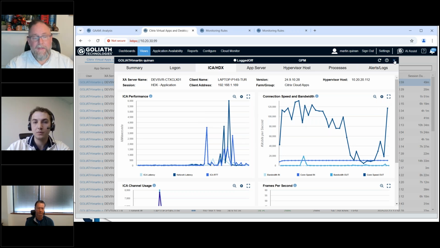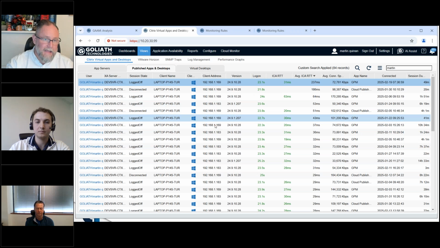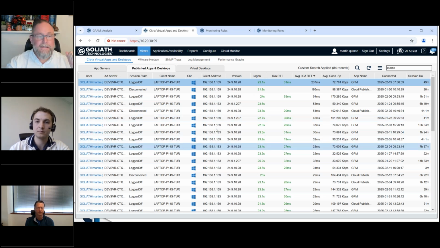And that's the other thing that I like with Goliath: many of our customers will perhaps even store a year's worth of data. Sometimes it's just a few months. But by having that historical data, as Martin has been showing, you can start seeing those trends. Someone might say, last Tuesday it was bad. Without this, I'd struggle to wind back the time. Now I can go back into last Tuesday and see exactly what they did,